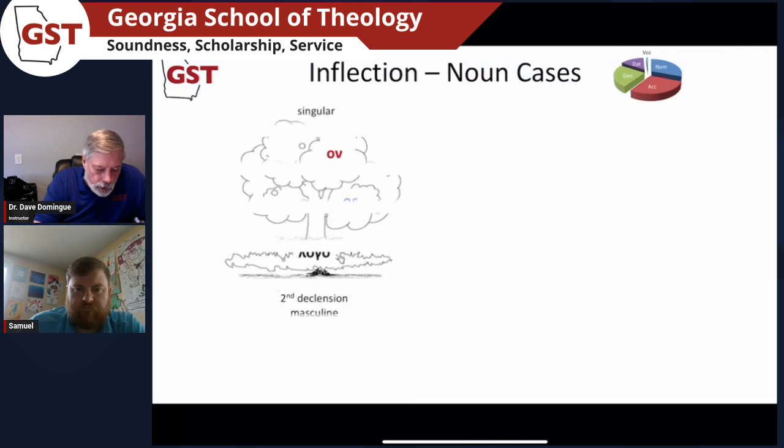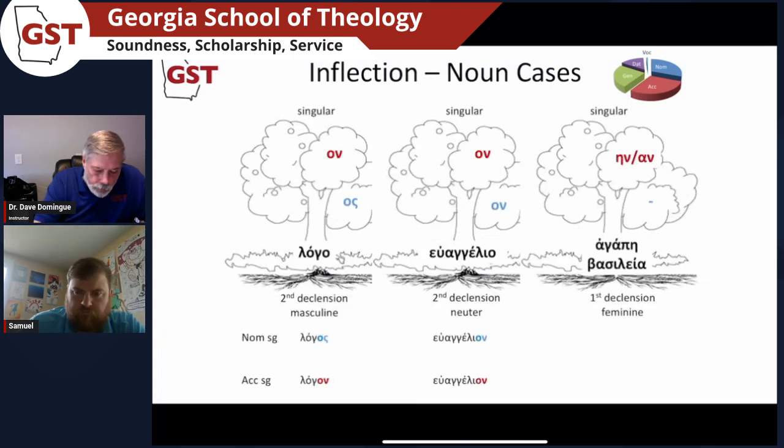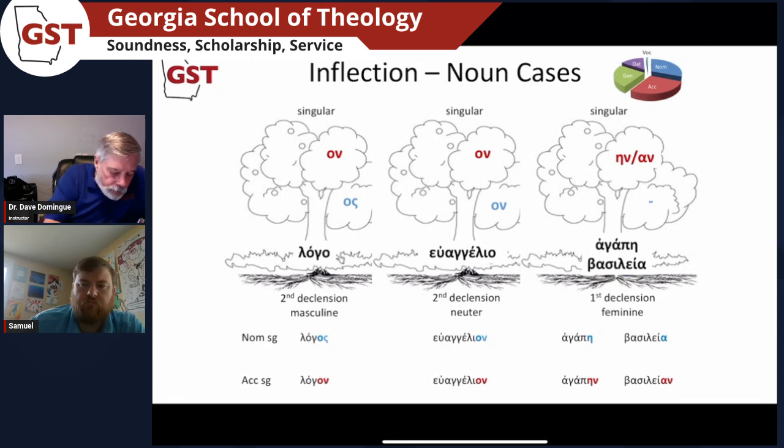All right, so let's talk about, just to reiterate here and put it in terms of inflection. Inflection is nothing more than change, right? In this case, we're changing the case ending, the noun endings. Inflection is any change, right? And we're going to look at this pattern of second declension for masculine and neuter, and a pattern for first